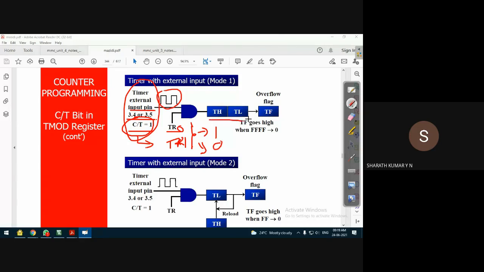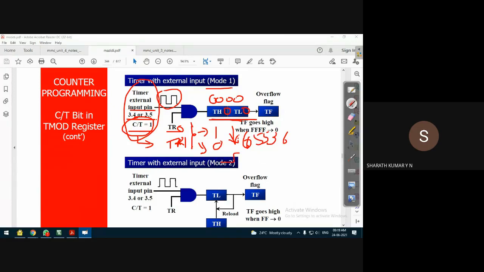So we are using mode 1 operation. It is a 16-bit operation. We are using both the upper byte and the lower byte of the timer. So when the timer overflows, for example, it is counting clock pulses. It has counted 65,536 clock pulses, starting with 0000.